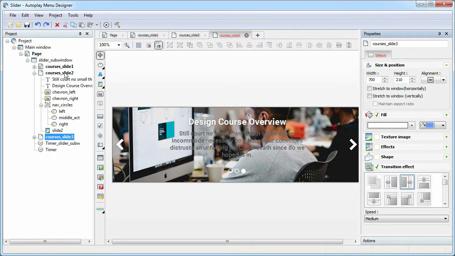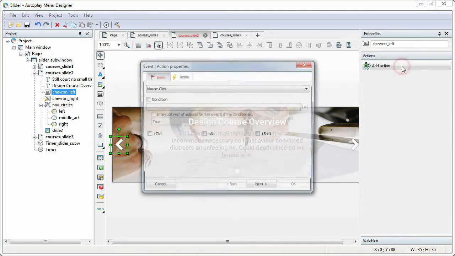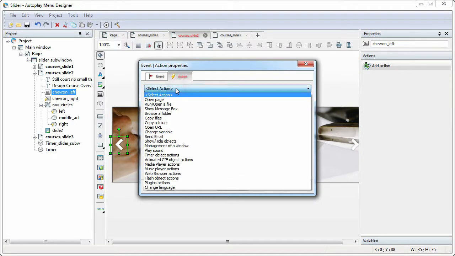The next step. On each page for forward, back buttons and unfilled circles, use 2 actions as response to the click. Stop a timer using the timer actions.